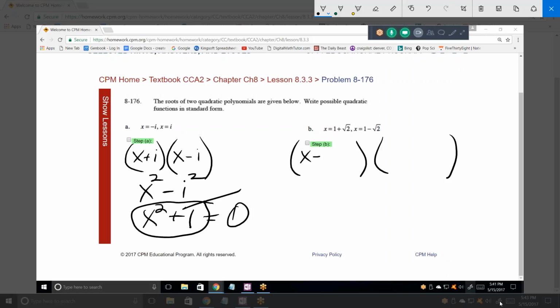So what is it? X minus what? X minus 1 minus the square root of 2. What's this? X minus 1 plus the square root of 2. Now, multiply this trinomial by this trinomial to come up with the quadratic. X squared minus